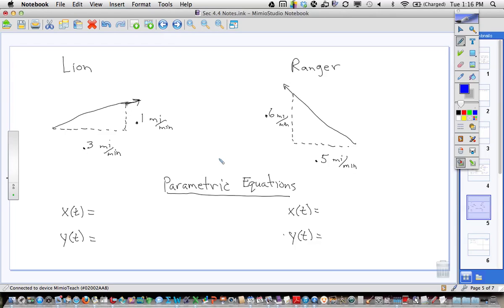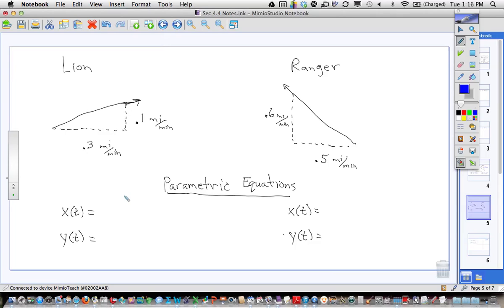Okay? And so then the question was, are they going to cross? Are they going to cross paths? Are they going to meet? That kind of thing. Okay, now crossing paths and meeting, as we'll find out, are actually two different things, okay, in the sense of this problem. So if we look at the